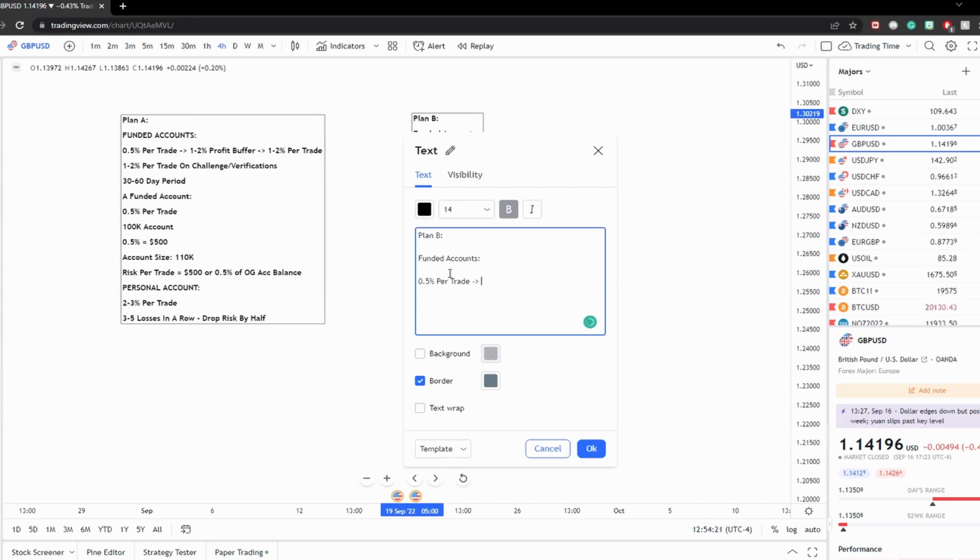they build a usually 2 to 3% buffer, right? And then they go into 1% per trade. So that's usually what people do. You guys can decide if you like this, right? This is for the challenges though. Okay, so this would be for challenge slash verifications. And this is basically kind of combined with ICT. So when 3 losses, oh my bad,